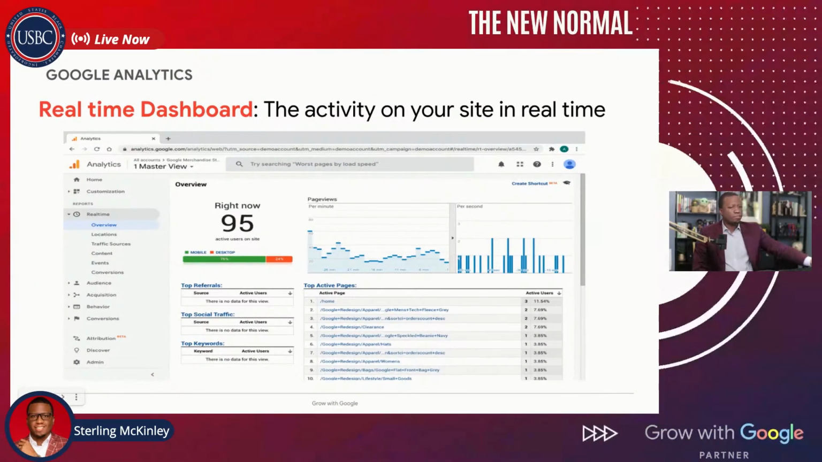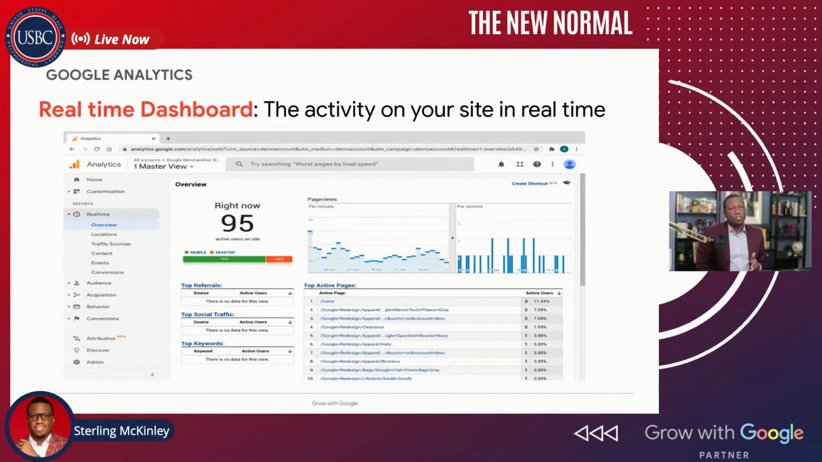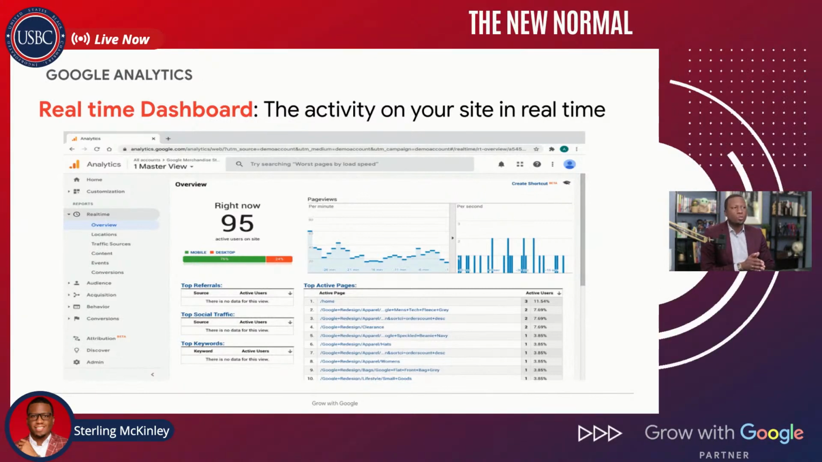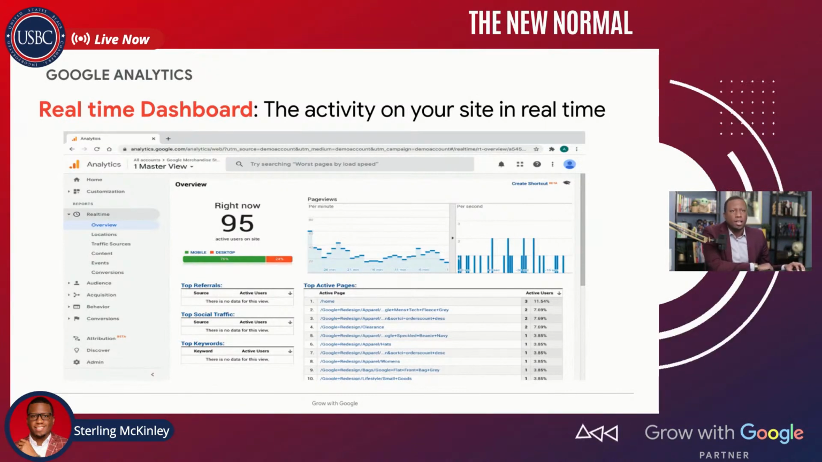All right, this is the first section I want to talk about. This is the dashboard of Google Analytics. So when you first sign into your account, this is a picture of what you see, and I'll make this a little bigger so you